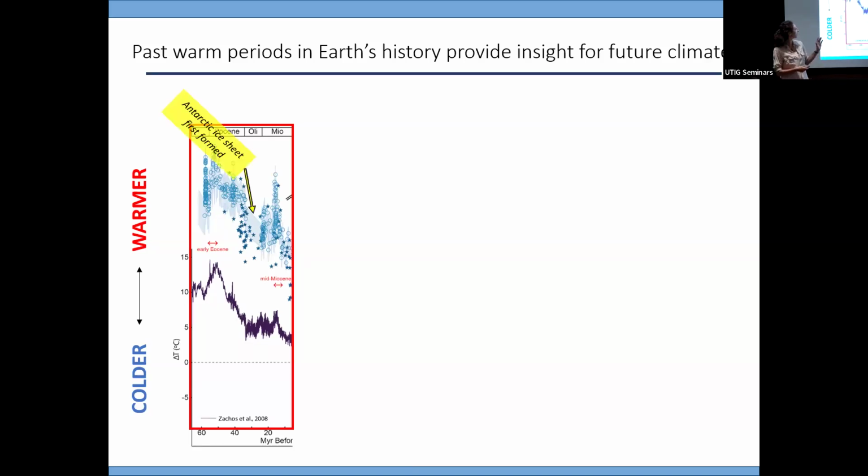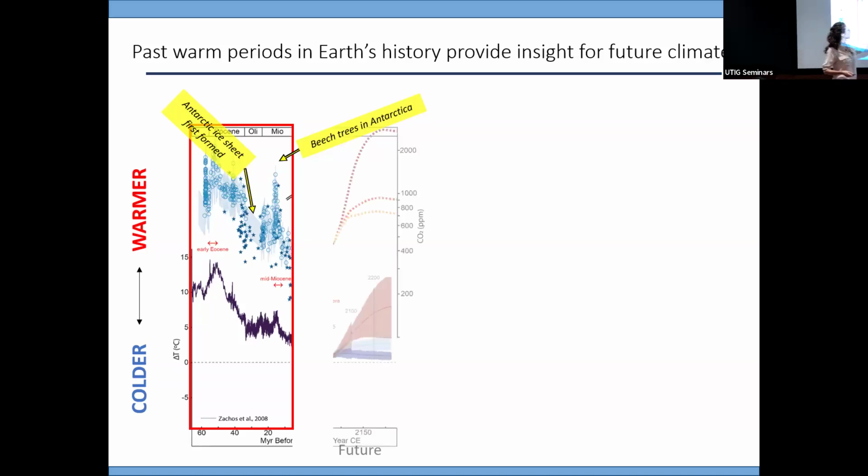The Antarctic ice sheet first formed about 30 million years ago at the Eocene-Oligocene boundary. And since the ice sheet formed, the first really warm period occurred during the mid-Miocene. That's this spike in CO2 here. During the Miocene, there were beech trees in Antarctica. There was vegetation, lakes. I had the opportunity to go and do some sampling in the mid-Miocene. So Antarctica really looked very different than today.